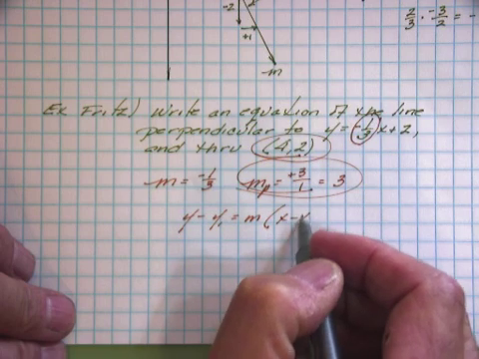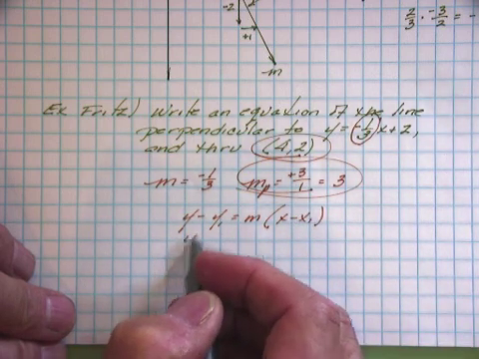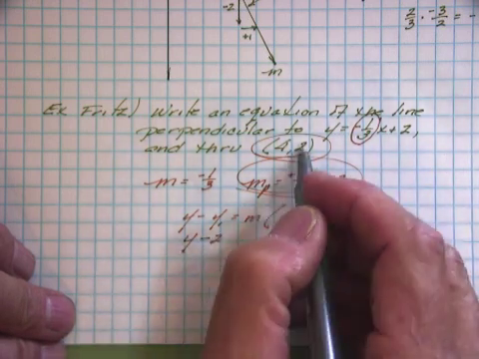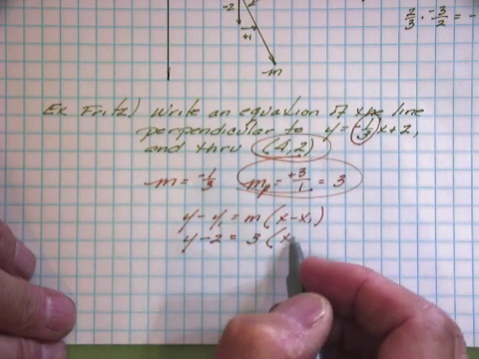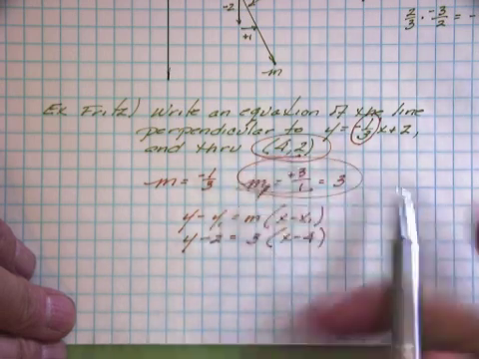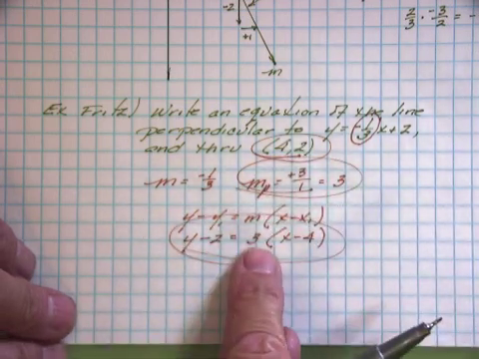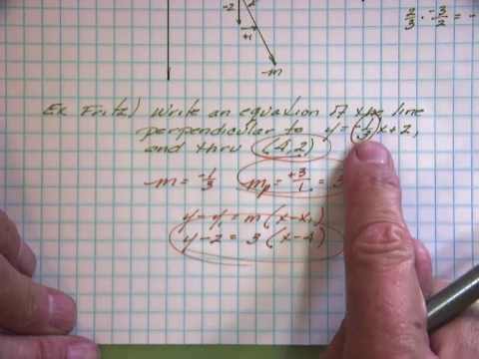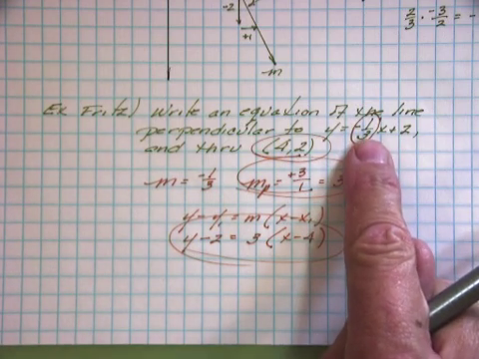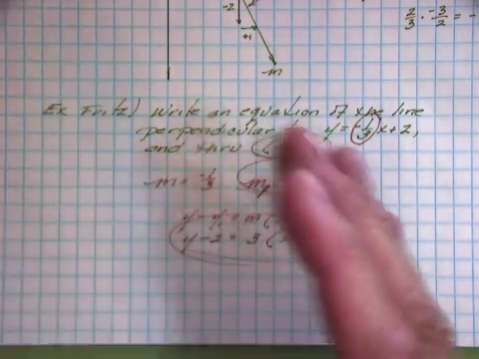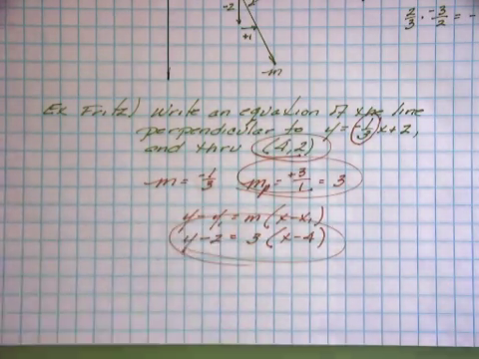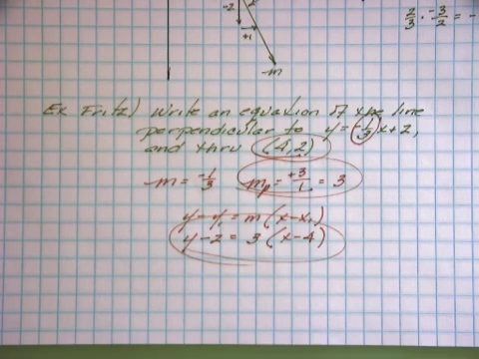Those are perpendicular slopes. Well, there's my slope, there's my point. So y - y1 = m(x - x1). Okay, so I have y - 2, that's the 2 from there, equals 3 times (x - 4), and that's my x1. So here is the equation of a line that is perpendicular to that line. And again, you want to be able to put it into slope-intercept, standard,